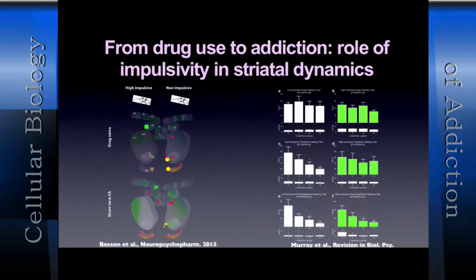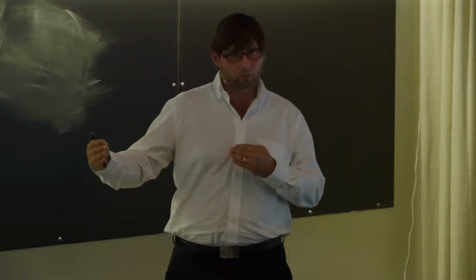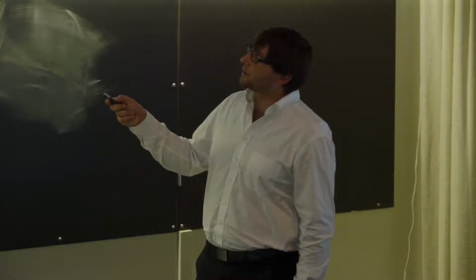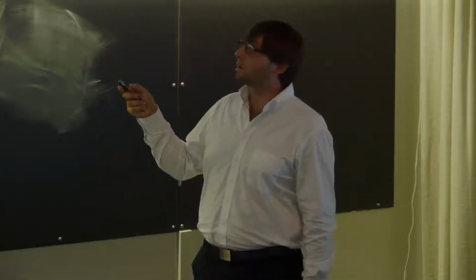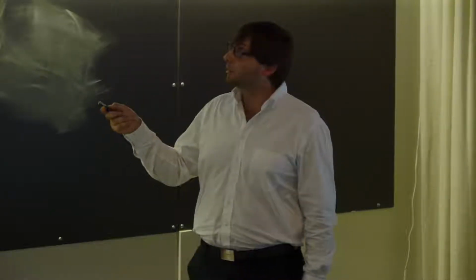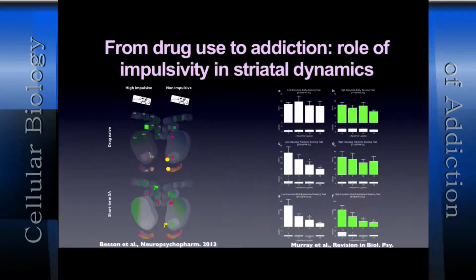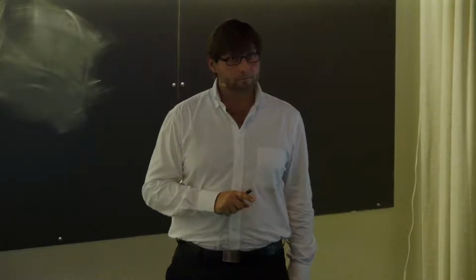We knew that already. When the behavior is intermediate, so the animals have been trained under a ratio schedule of reinforcement that we know starts triggering habits, but not quite completely, actually high impulsive animals are insensitive to the manipulations of dopamine transmission in the dorsal striatum, but low impulsive animals start showing a sensitivity that is pretty much of the same magnitude as the sensitivity every single rat shows when the behavior is habitual. So your question is: is impulsivity facilitating the development of habits? The answer is no. It's the other way around.